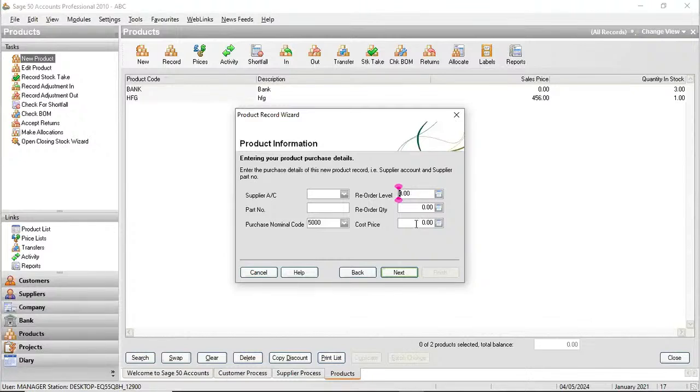The cost price for your item, how much do you buy your item? Maybe 30, so that we are making a profit of 20. Maybe you are buying your item at 30. Once you're done, you say